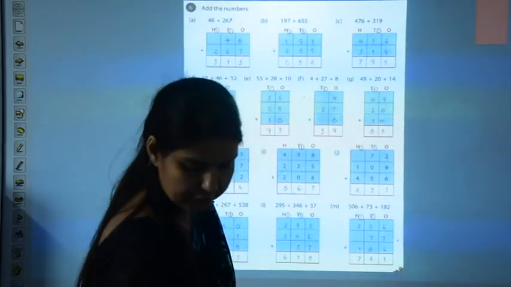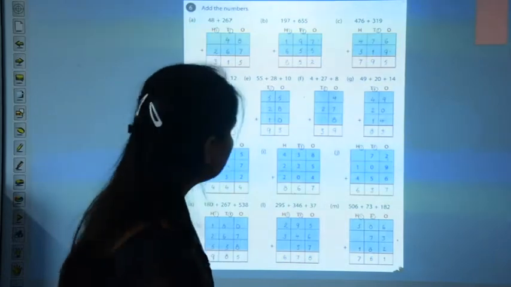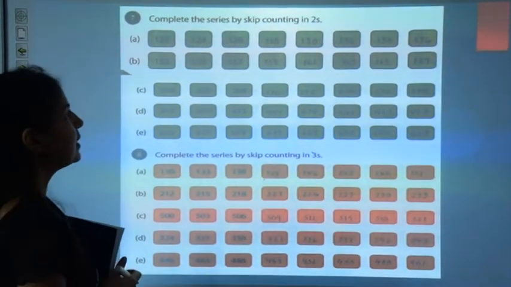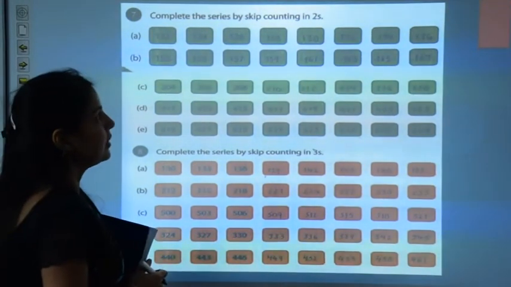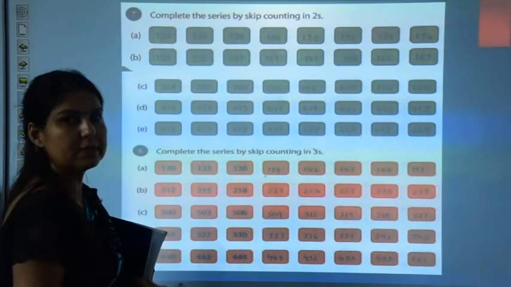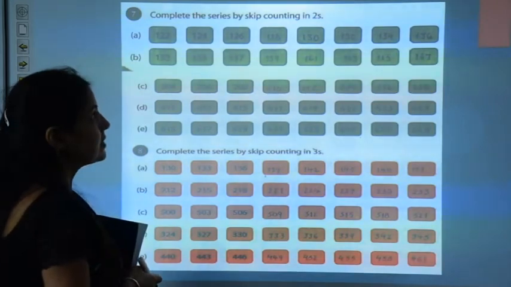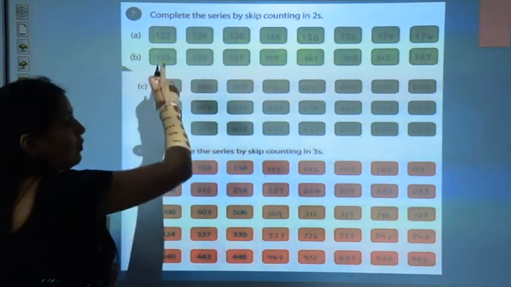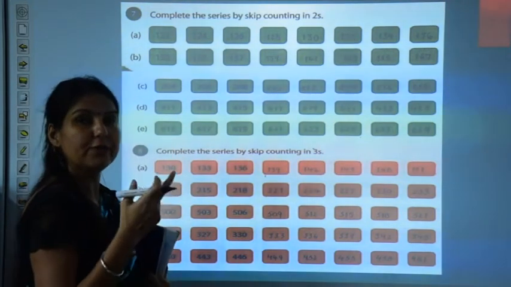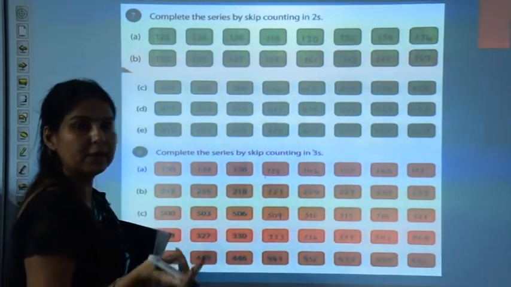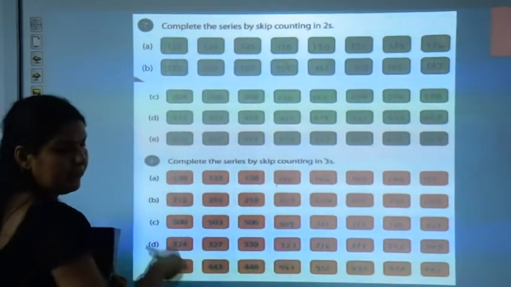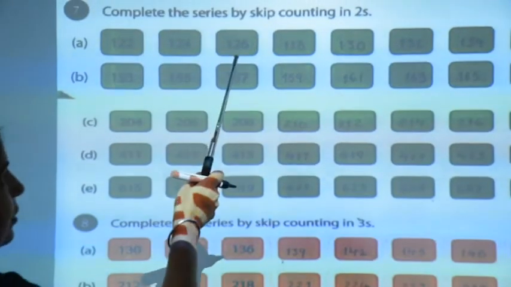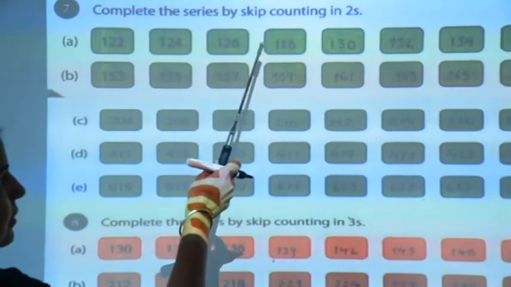Now come to question number 7. Complete the series by skip counting in twos. Children, here you have to complete the series by skip counting in twos. Counting is given. What do you have to do? You have to skip one number and write the second number in the blank column. 122 is given, then 124, 126,